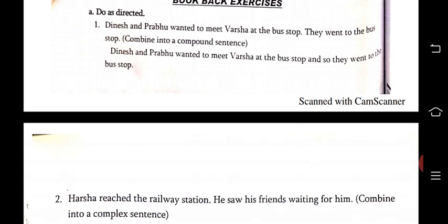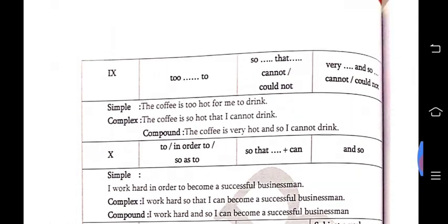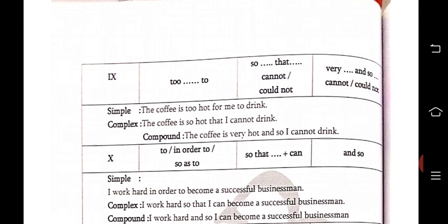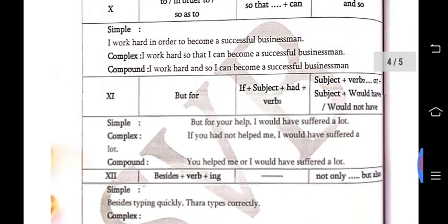They went to the bus stop. Okay, so come into compound sentences. Dinesh and Prabhu wanted to meet Varsha at the bus stop, and so they went to the bus stop. And so. Okay, so where we use "and so", in which, see, to factor we have used, and then